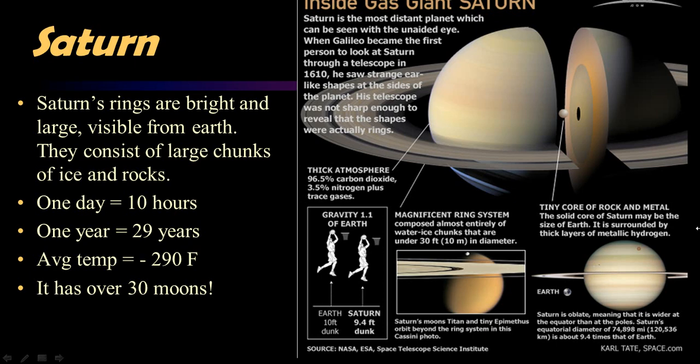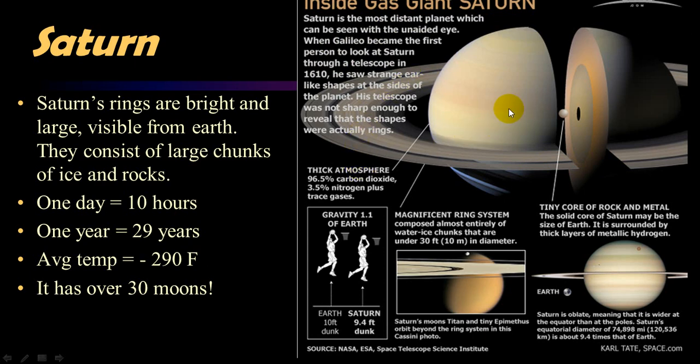I just am having trouble with my temperatures today. It has over 30 moons. So it can be seen with your eye, although I don't know if I can see it. I don't know if I'm trained well enough to pick it out of the sky. If someone points at it and says that star right there is Saturn, okay, got it. Is this telling us right here that Galileo, yeah, he was the first one to see it, and like I said, he couldn't quite figure out what that line was going through there. He just noticed there was something happening.